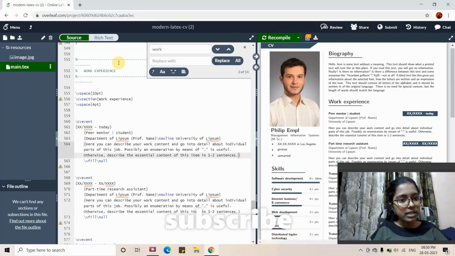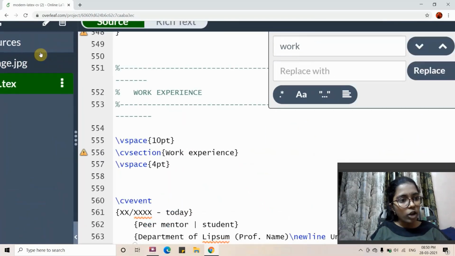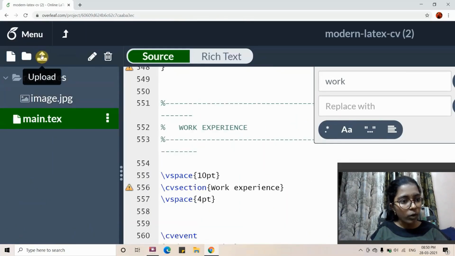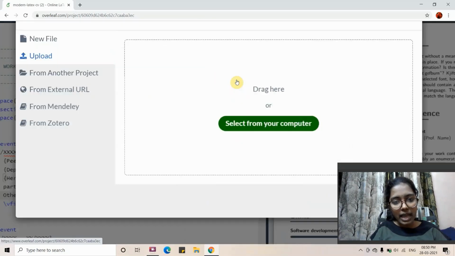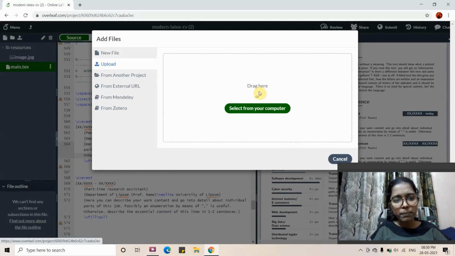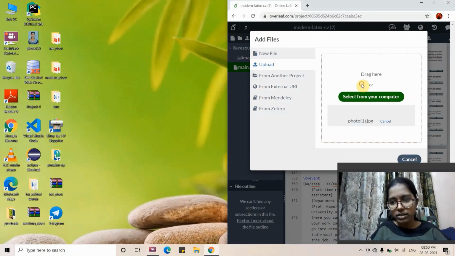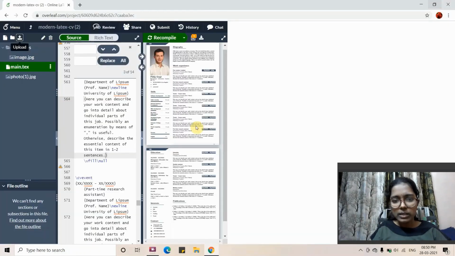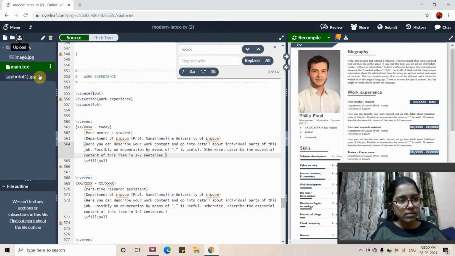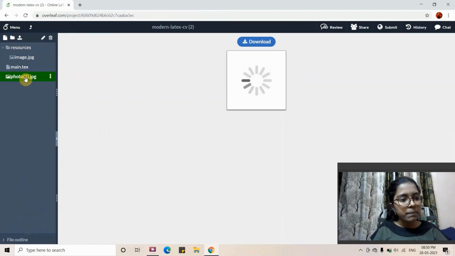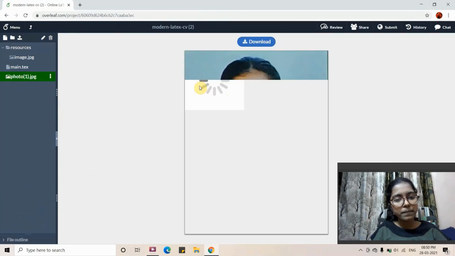To upload my image, go to main. Here you have an option called upload, this up arrow. You can click on that, and you can just drag and drop your pic, or you can just browse your pic. I'm just dragging and dropping here. Here is the pic that I have uploaded.